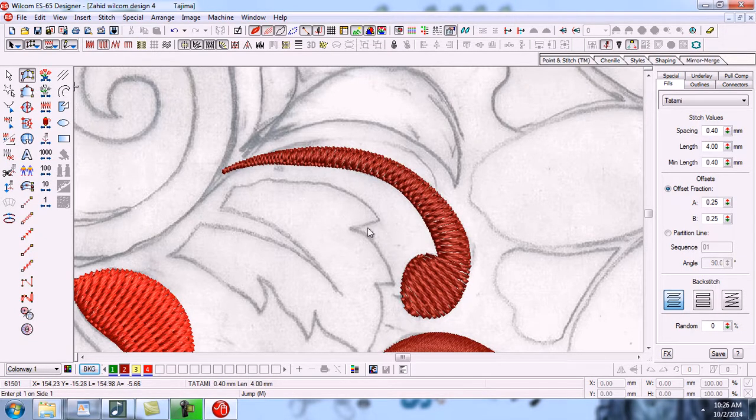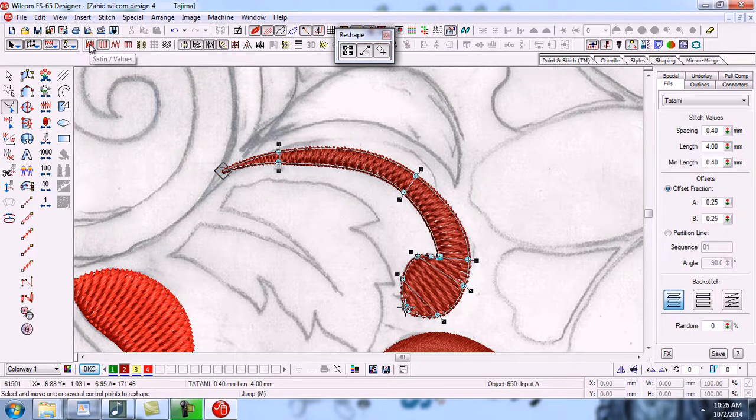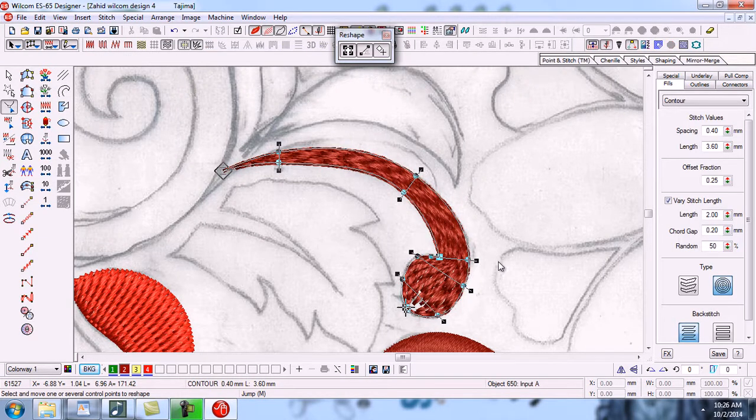So you can see that we have made this object with input A. Now we can change the stitch values. For example, we will take it in Contour type of values and change the angles.